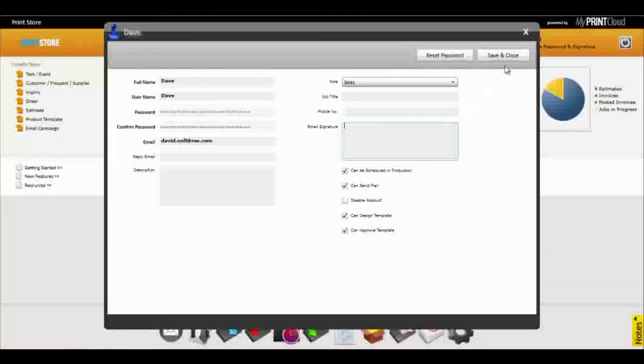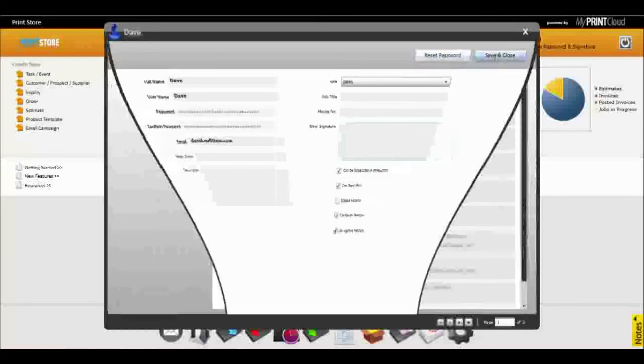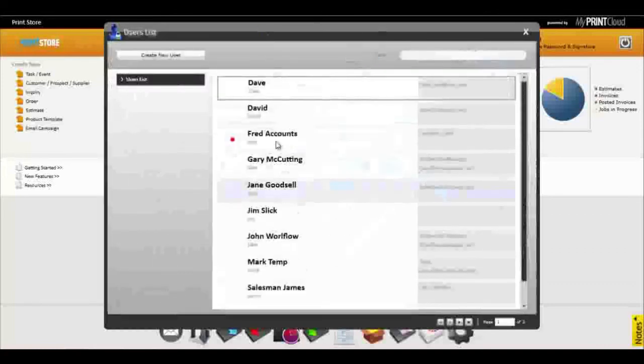What I'm going to do at this point, there's two things up here we could do. We could reset the password. So if somebody's totally lost their password, or they forgot it, or they've been out on absence for a while, for any reason, you can reset their password with administrative rights. When I say save and close, the one thing I wanted to show you is